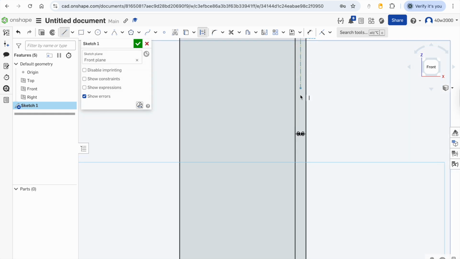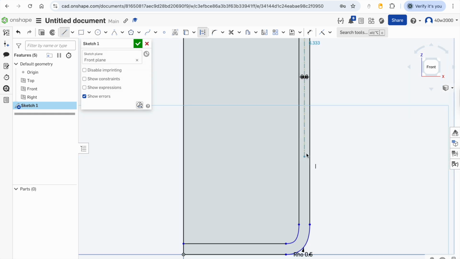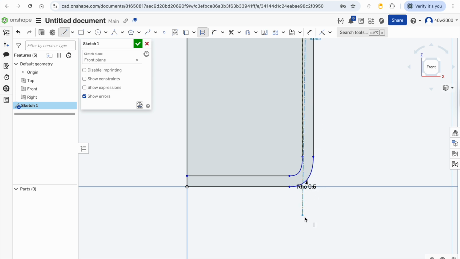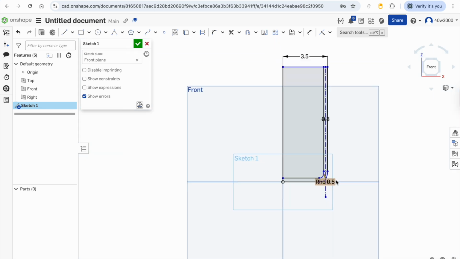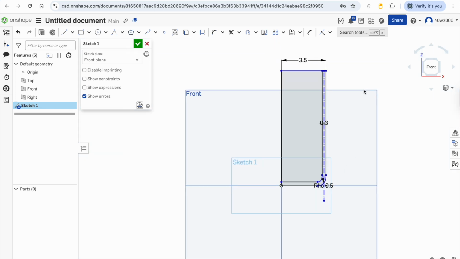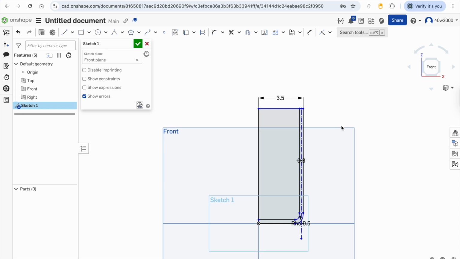So you might need to reposition the camera a little bit. There we go. I'm just going to put a construction line running perfectly vertically through the center of that cup. And when you've done that, press the escape key. So you can see now I've got a construction line. The reason I've created that is I'm going to put a plane on that line where the handle is going to extend from. So all that's left to do at this point is trim away the parts of this sketch